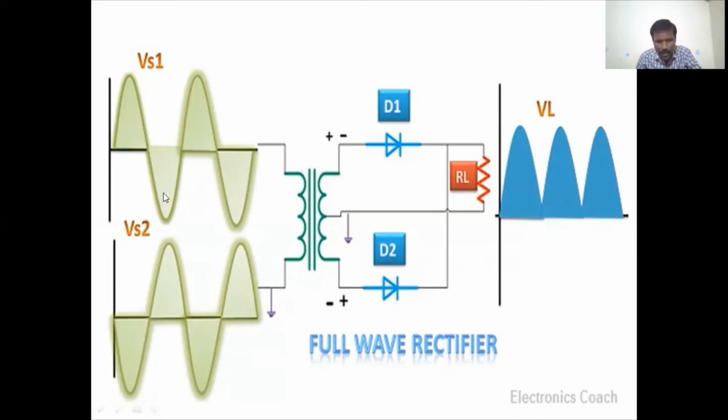Next half cycle: negative half cycle at diode D1, positive half cycle at diode D2. Then again positive half cycle at diode D1, negative half cycle at diode D2. Then negative half cycle at diode D1, positive half cycle at diode D2. That is simultaneously, we are giving the AC signal input at the ends of the primary coil.